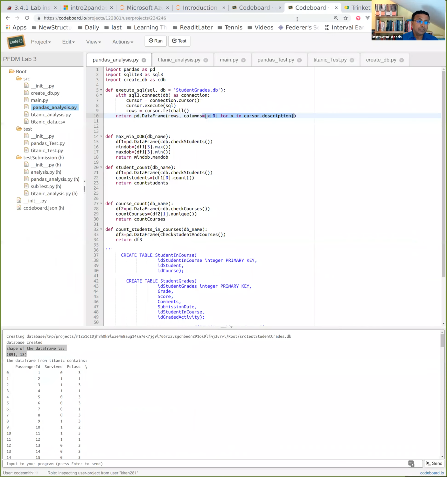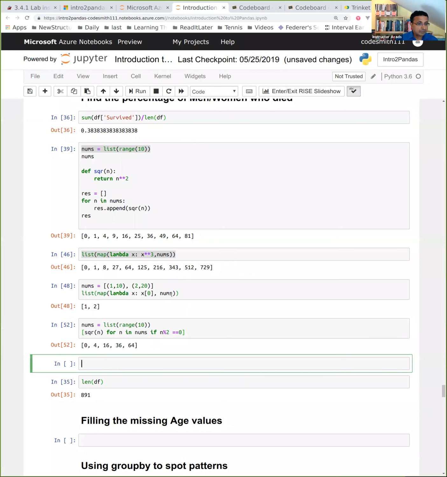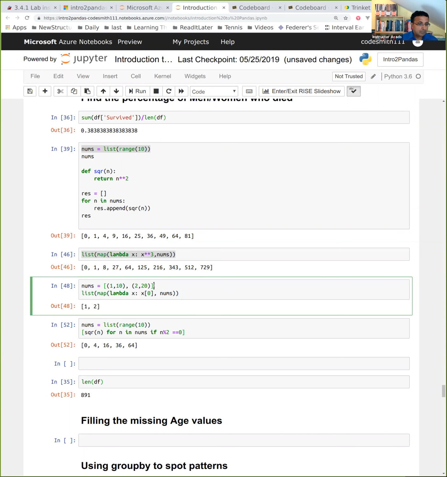So let's go back to code board and look at this. You see here, that's all that was done. I iterated through the description, extracted the first value. I didn't even need a lambda for that because I could just do x[0], right? Correct. Yeah. See, so now you see there's a little bit of difference between how you do it with map and how you do it with, like if I wanted to, let's take nums list and do this again. If we wanted to take, where's this code now? Here, this one. If I want to take this one and do the extract first value,